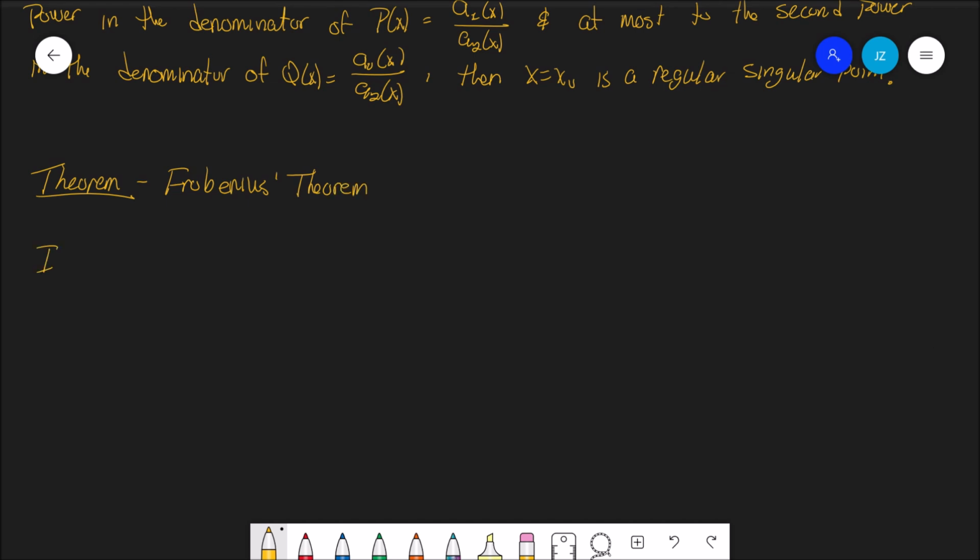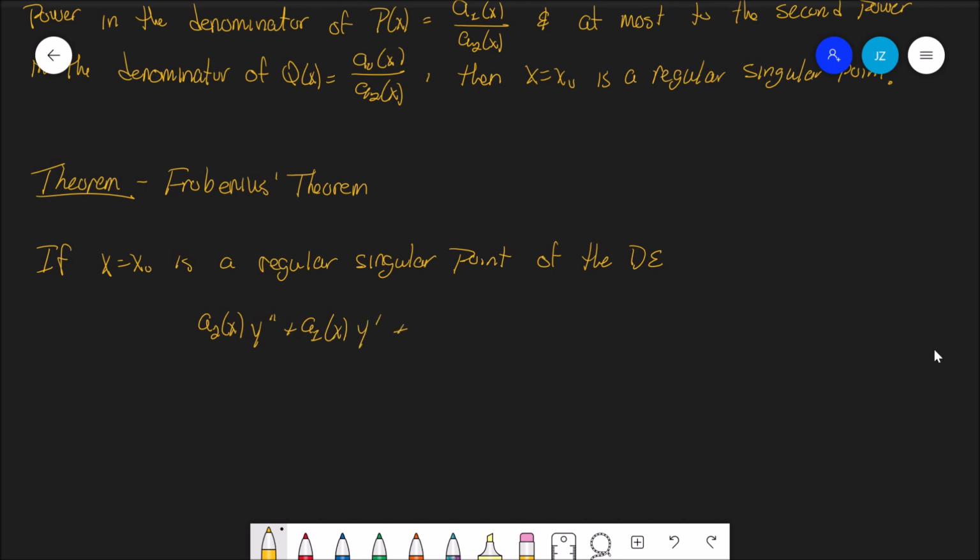So it states, if x equals x naught is a regular singular point of the differential equation a2 of x y double prime plus a1 of x y prime plus a naught of x y is equal to 0, then there exists at least one solution given in the form